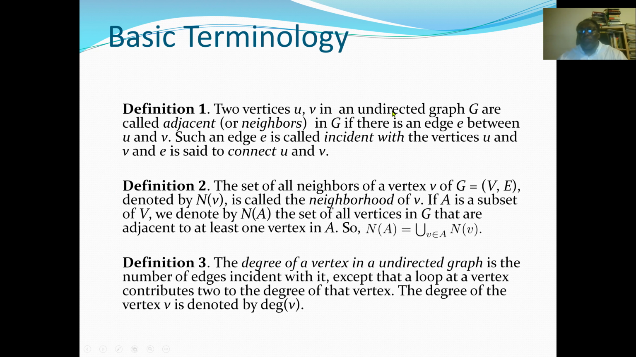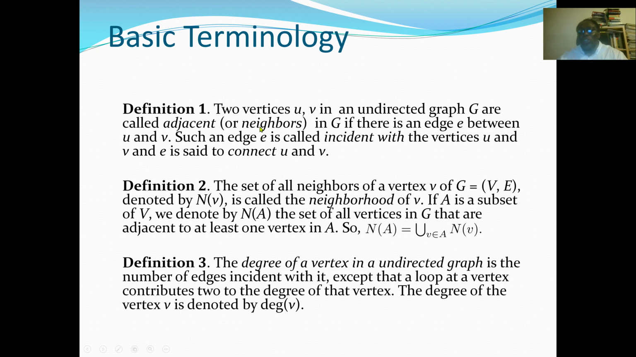Undirected graph means the edge direction doesn't matter: it can move from vertex u to v or v to u. But a directed graph means we have to show the arrow, either we are moving from u to v or v to u, but not both. So here we said that if we have two vertices, u and v, in an undirected graph G, they are called adjacent